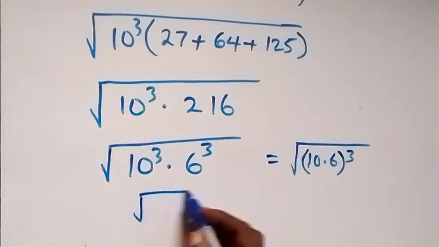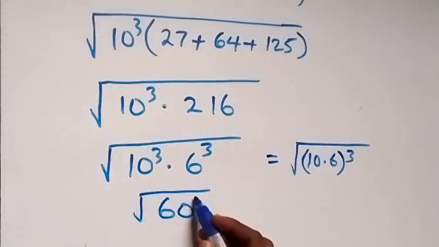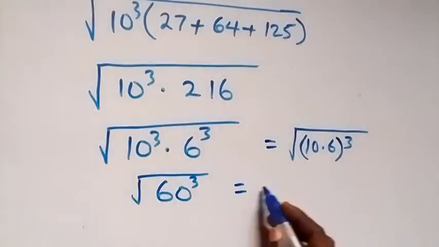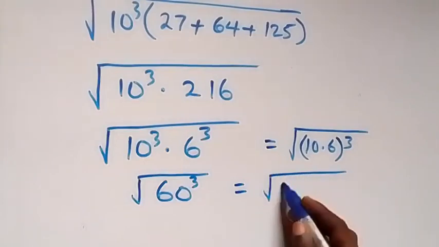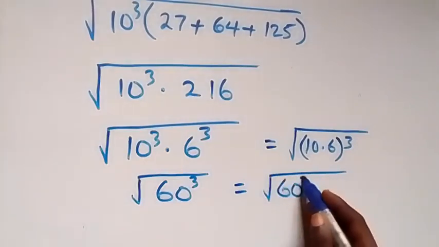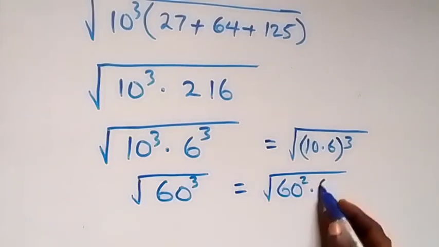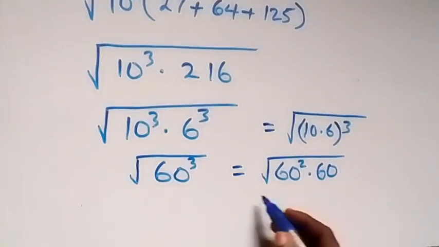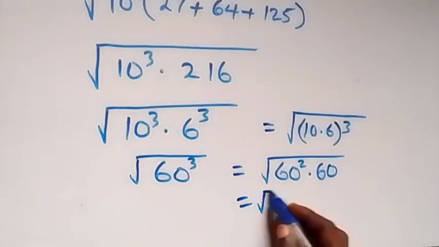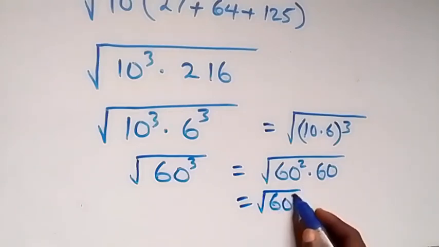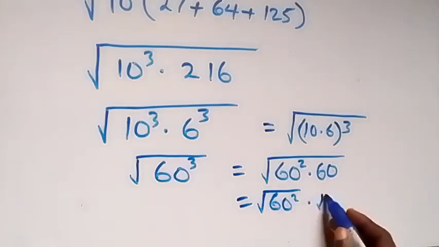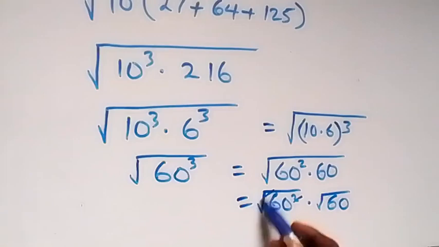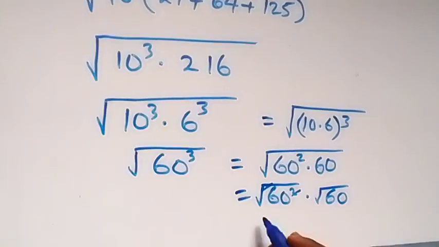so we have root 60 raised to power 3, which we can write as root 60 squared then times 60. And here we can separate this, and this becomes root 60 squared then times root 60 from here, then square cancels square root, so we have 60